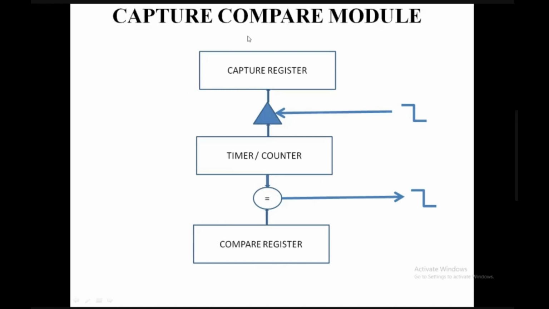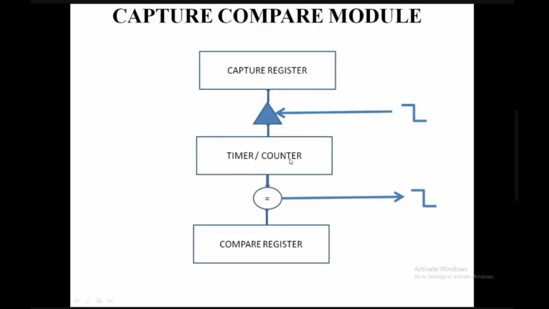If it is a down counter, the slope will come down, and when it becomes 0, again it will go to the maximum value, then it comes down, and so on. So up counter means a positive slope ramp, the down counter means a negative ramp. An up-down counter gives a triangular waveform, as you all know very well. This is the timer which we see in our 8051.